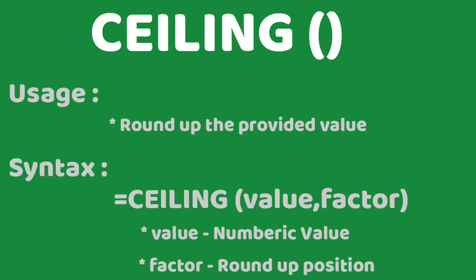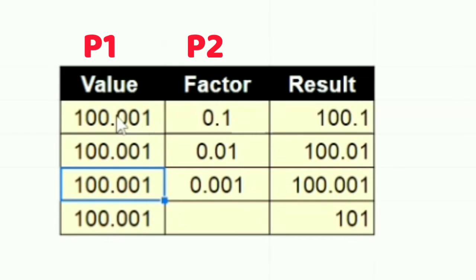rounding position. For example, if the value is 100.001 and we provide the factor value, that means the second parameter value, as 0.1, then the result value will be returned as 100.1. If the value is 100.001 and you provide the factor value as 0.01, then the result value will be returned as 100.01. And if the value is 100.001 and you provide the factor value as 0.001, then the result will be returned as